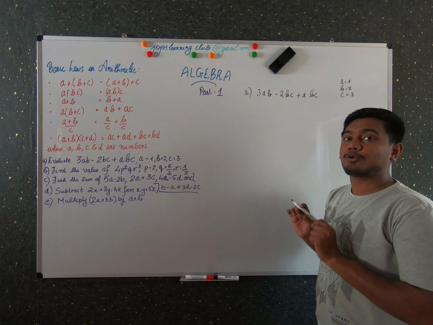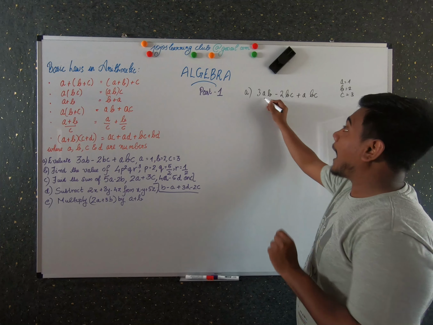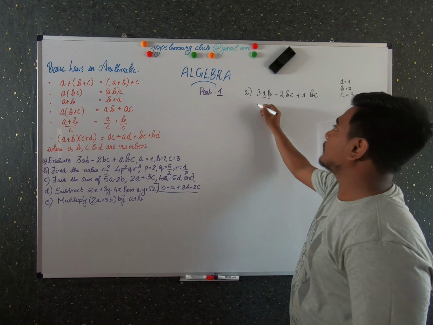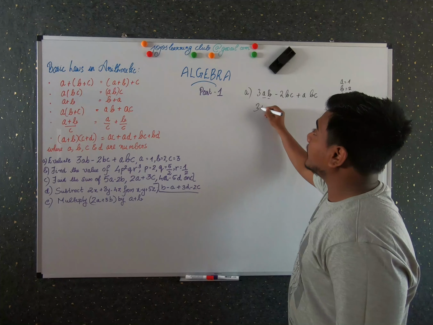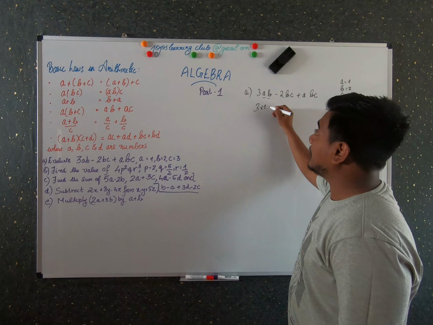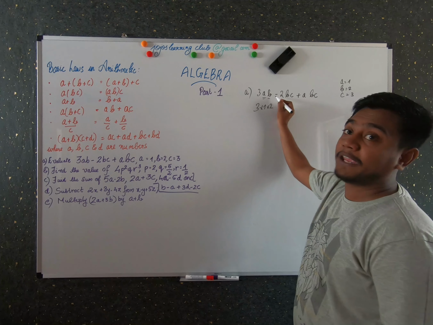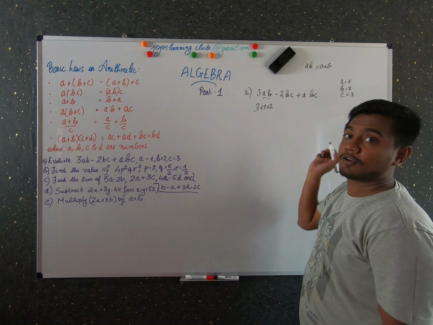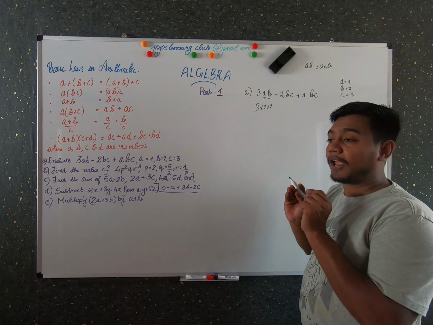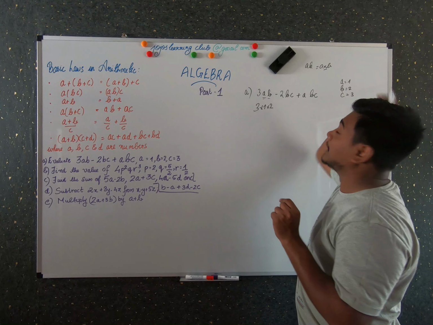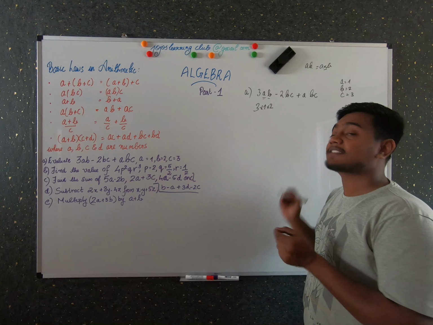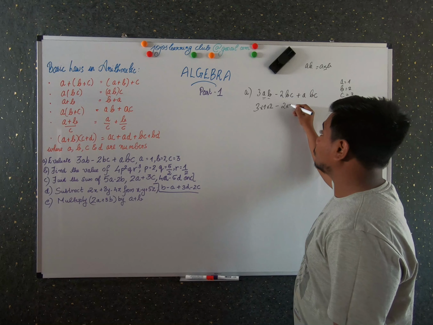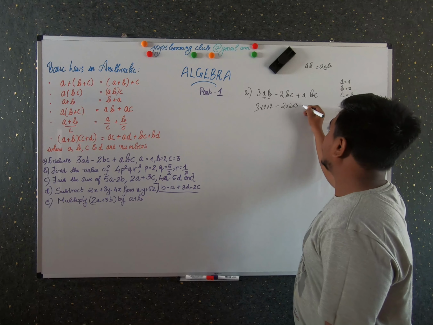So just what you have to do, you just have to apply the value for each of these variables. So what is the value of A? It is 1. And what is the value of B? It is 2. So A into B, you can either write this as AB, which is same as A into B, right? When you don't put anything or even without a multiplication sign, it would be same as A into B. So 3 into 1 into 2 minus 2 into B is 2, we know that, and C is 3 plus